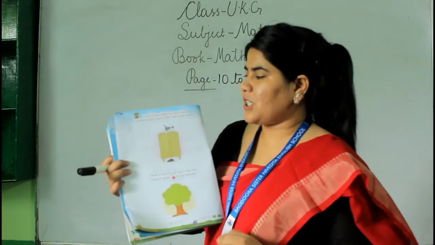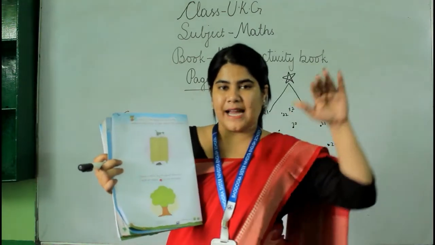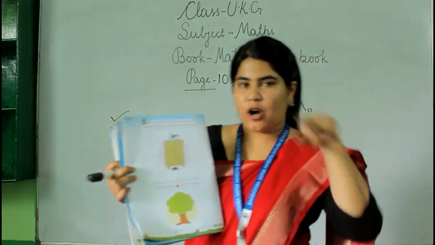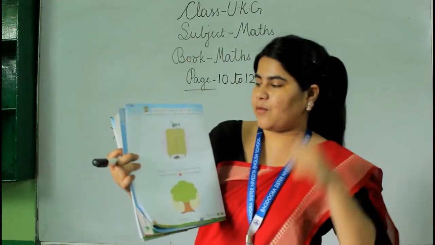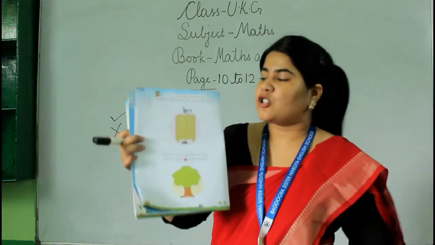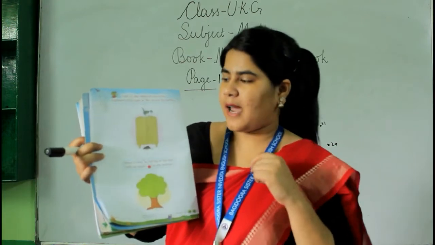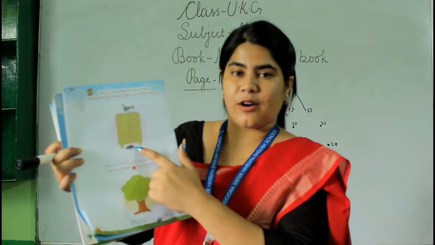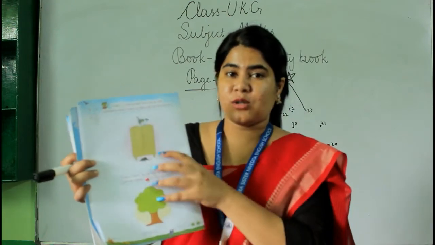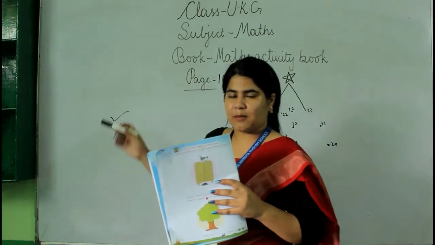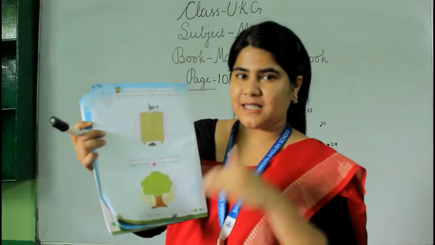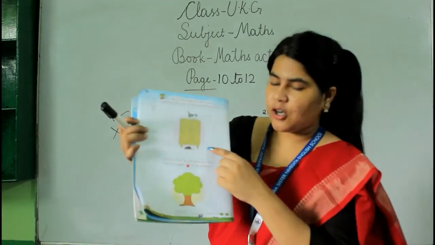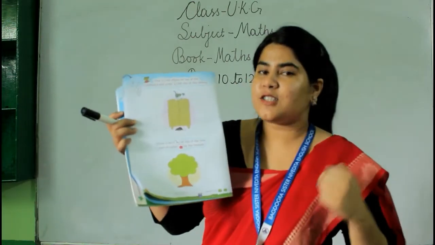Okay. So the question given here is, tick the object that is on top of the cupboard, and cross the object that is the one at the bottom. Okay. So students, tell me which one is at the top of the cupboard? Cat or rat? It's cat. Then you need to make a tick like this in the box, and the rat is at the bottom, so you will cross that in the column. Okay, in this way you will do this.